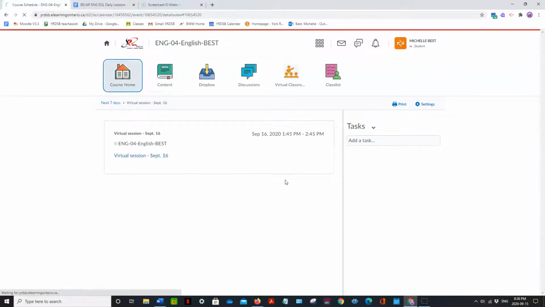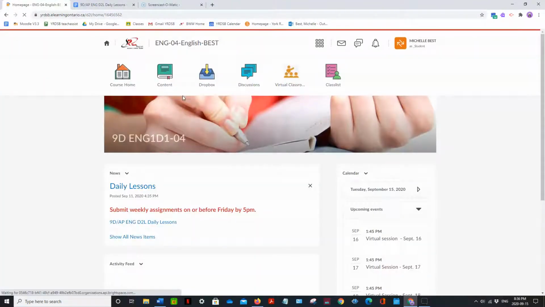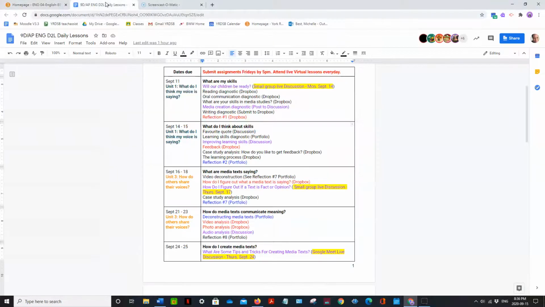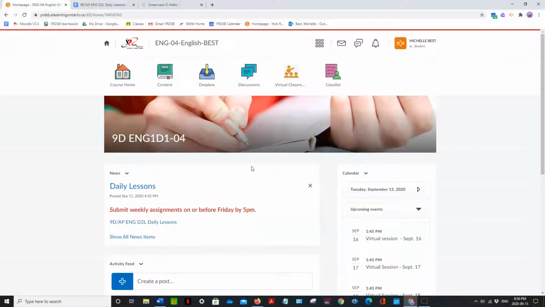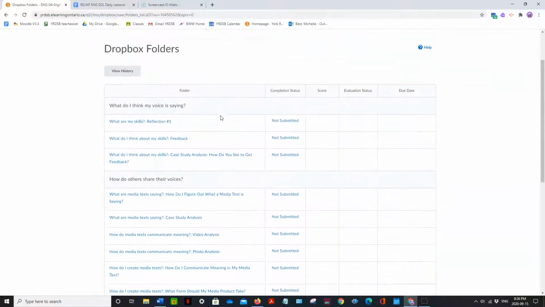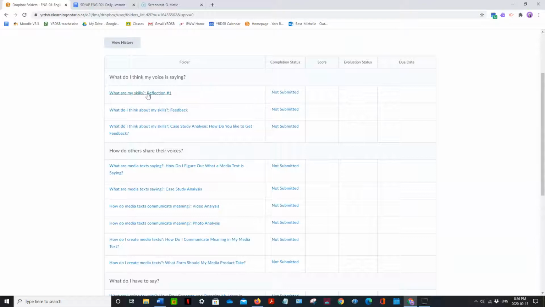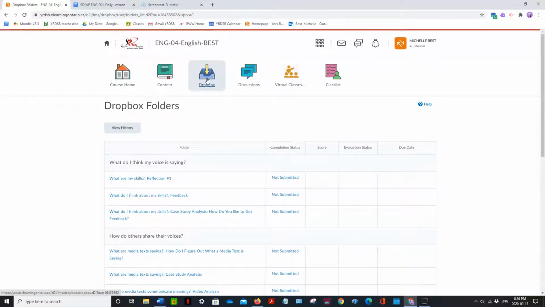So another thing, you can always return to course home. I've posted the daily lessons here, and it's this page that you should be using every day to guide you in what you need to do. The other things that you will be aware of is there's Dropbox, and the Dropbox assignments can be submitted from here, from Dropbox, but you would definitely need to know the name of that assignment. Or you can go to